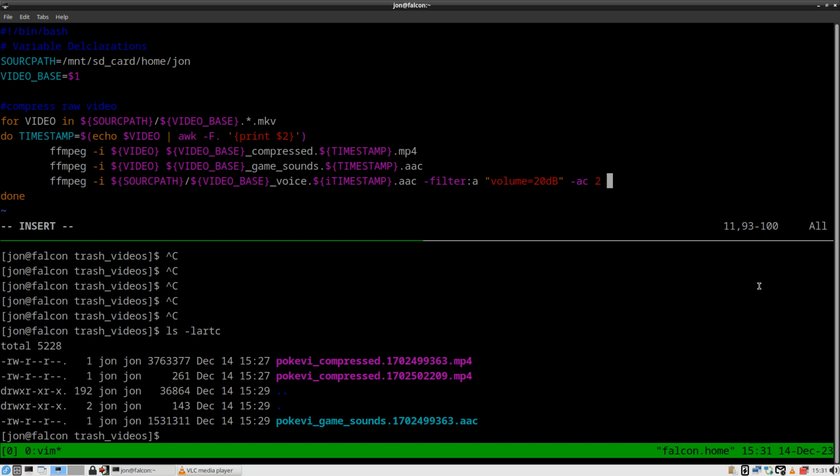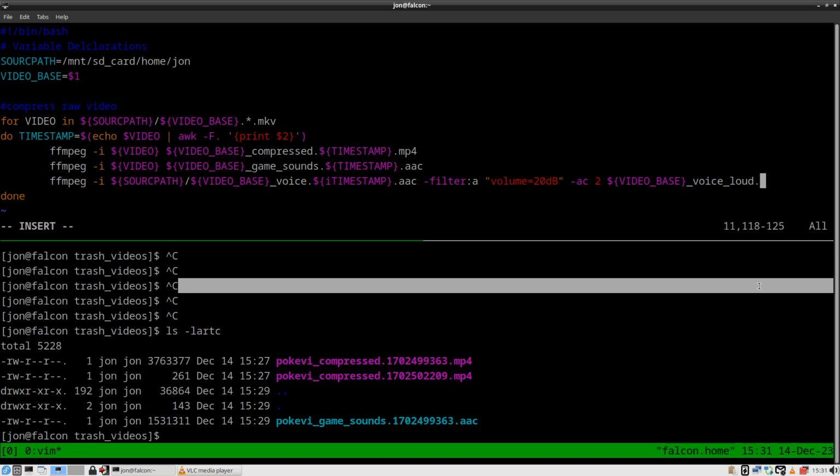Audio channels 2. Video base. Voice. Loud.mp.aac. Okay, so we're going ahead and this is going to get all of the files on